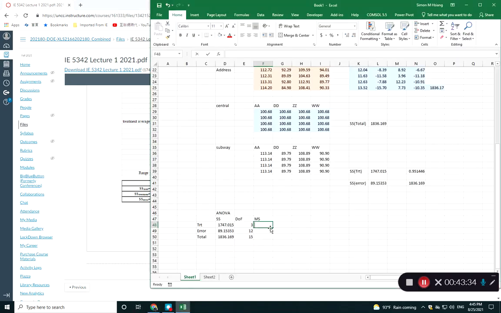And the average of that is equal to this guy divided by this guy, and this guy divided by this guy. And now we can calculate our F statistics. Okay? The F statistics